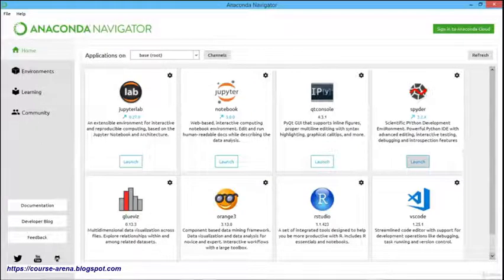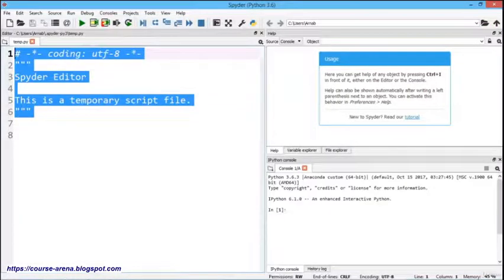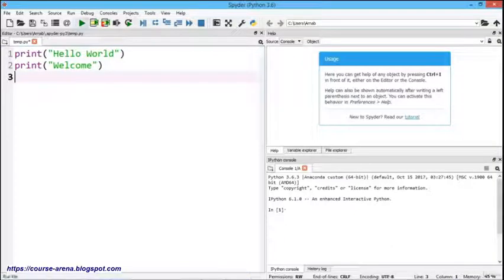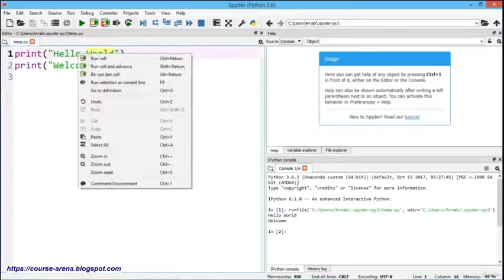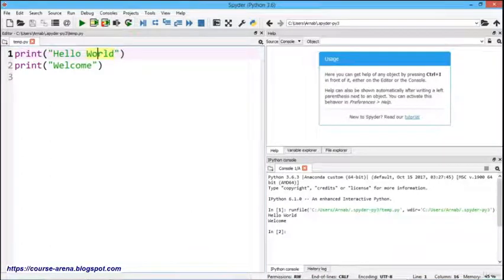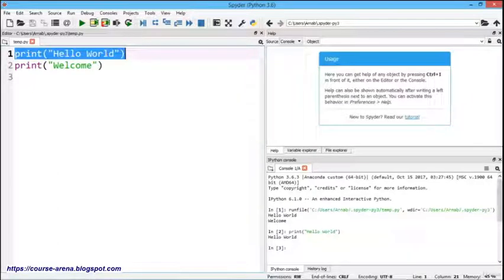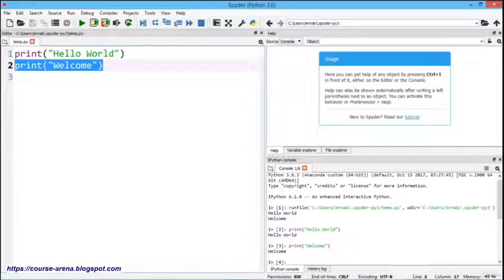Now let me go for the Spyder. So I'm using this part. So here you can see that the sessions are coming. So this is the way in which we are typing, and we can go for the execution. You can find that hello world and welcome is getting executed. So there is another way to execute the same. Now you can find that we can go for the run cell. So only this particular line I'm selecting, and then I'm going for the run cell. You see only the hello world has got executed. So only this welcome has got executed. In this way also you can go for partial execution.